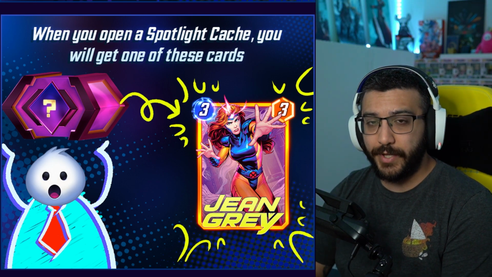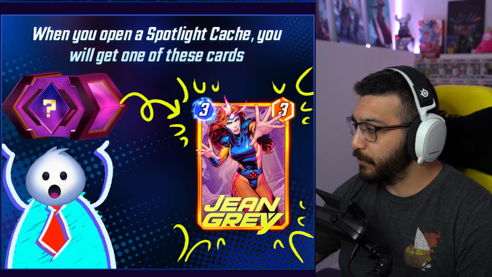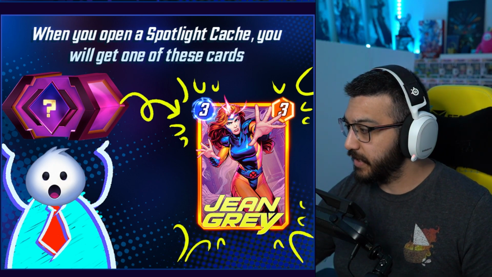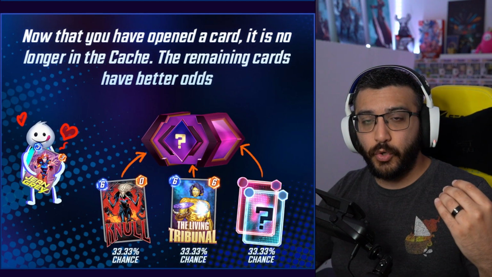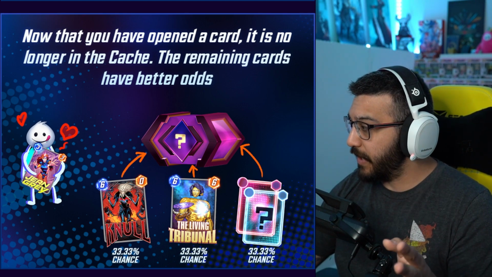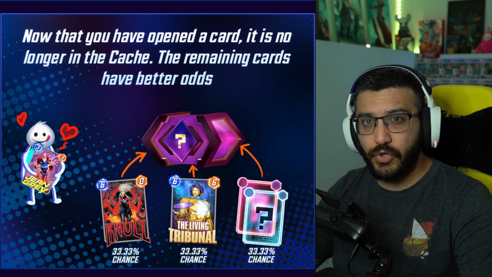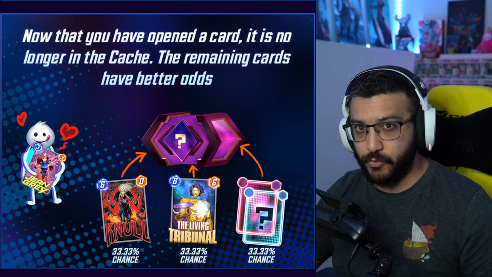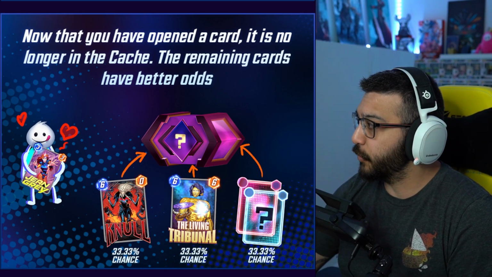They all have a 25% chance of being the card that you get in the box. In this case, as an example, he got Jean Grey. So that means that he got the brand new, newest card in the box. What happens after that is that if you were to decide to open another Spotlight cache in that week, you now have a 33.33% chance of getting either Null, Living Tribunal, or the random card, because you already got Jean Grey. So she gets removed from the percentage chances, and now you only get the other 3, which means